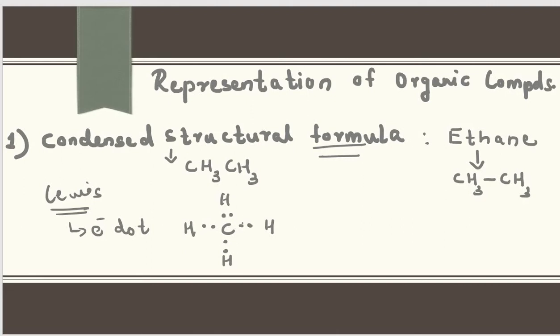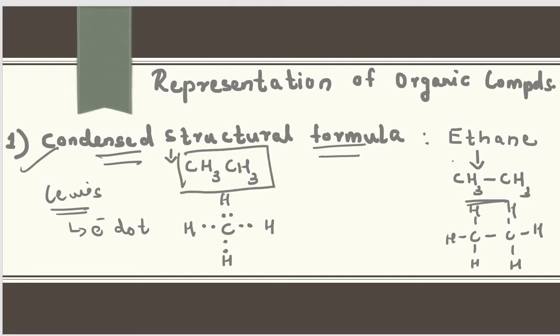Now, in the case of the condensed structural formula, we are representing a compound by omitting the bonds between the atoms. For example, ethane can be represented in the expanded form, instead of the dots. We can represent the compound in this way. This is known as the condensed structural formula, either by omitting the covalent bonds or just by representing the structures